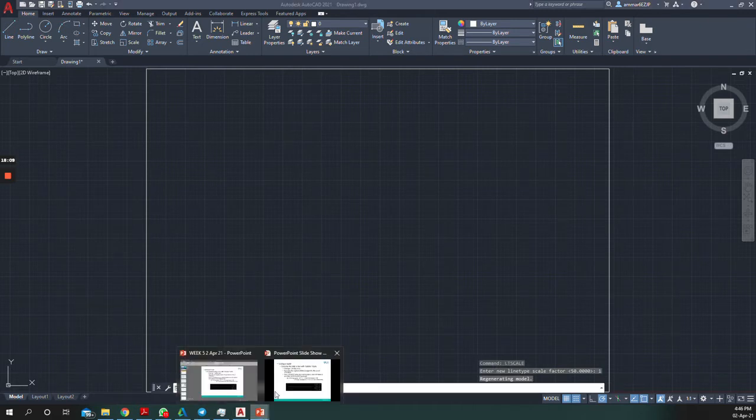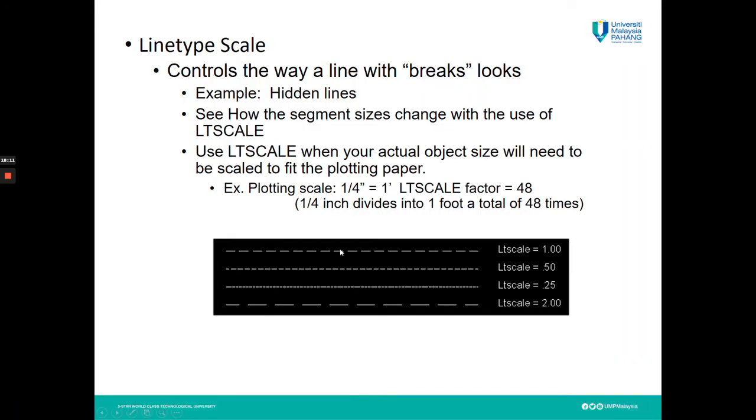So the line types, say if you're using 1, the size between here to here would be 1. If you make it 0.5, it will go smaller. If you increase it, it will be 2, and LT scale for 2 would be like this. This is for